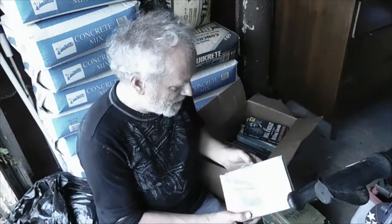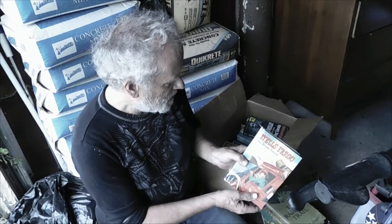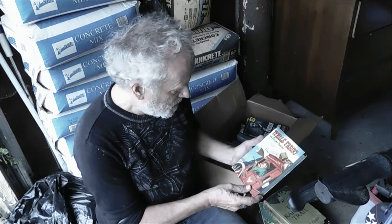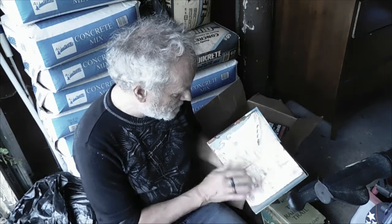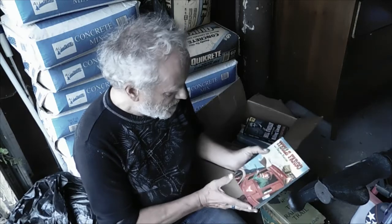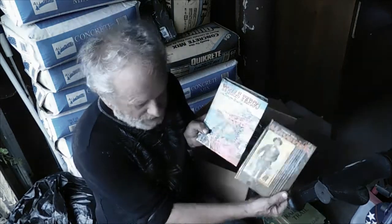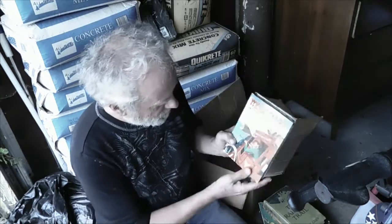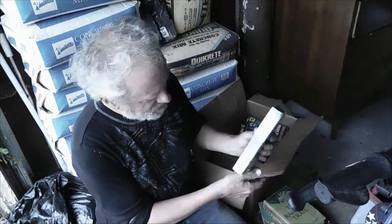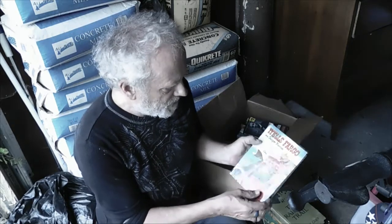Another Whitman TV tie-in, Wells Fargo, and this one's called Danger Station, a popular TV program. This one is from 1958, and again, as you can see, the artwork is similar in style to the Maverick one. Very nice book. This one has a little bit of the laminate peeling here, as you can see. I'm going to try to seal that down so it won't peel any further. Love the artwork cover on these